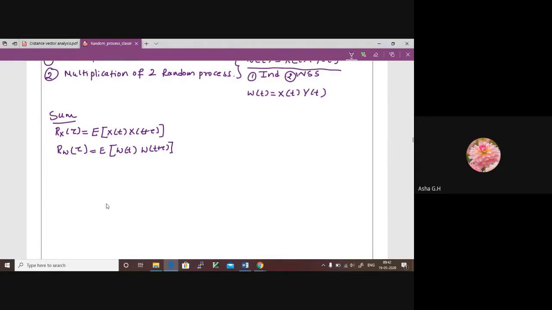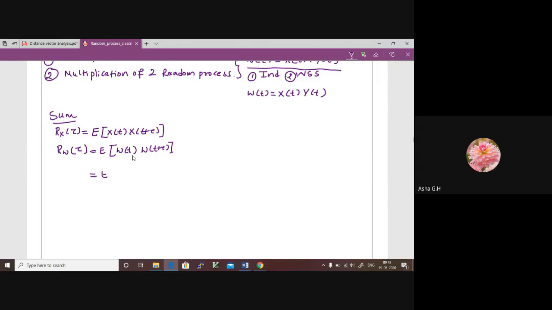So let's do it parallelly. You can take this equation, try to represent W of t in terms of the sum of two random processes x of t and y of t. And I have given the condition here that both are independent random processes and they are wide sense stationary. By making use of these two conditions, you can go ahead and try to simplify these equations. Finally, what we want is the autocorrelation function of random process W in terms of the autocorrelation functions of random processes x of t and y of t. Okay, that's what we need to do. Maybe you can solve it and try to simplify it.